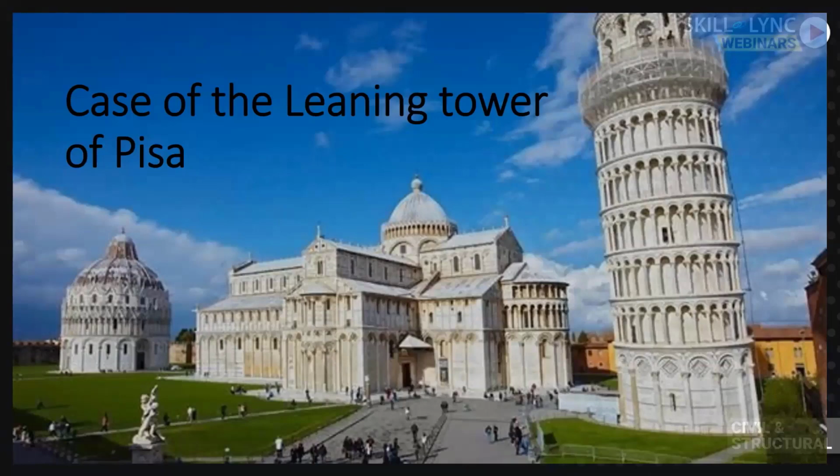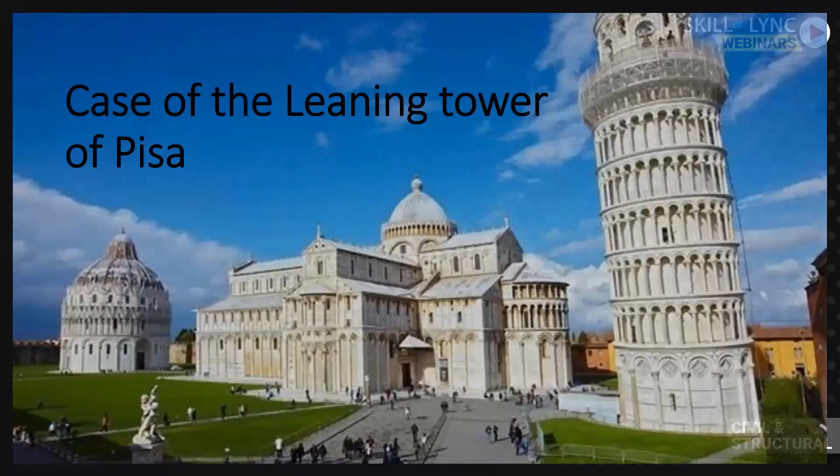It is said that it was stopped for some unknown reason. We still don't know why it was stopped, but then it restarted almost 100 years later in 1270. During these 100 years, the tower had in fact settled. The southern side of the tower had settled more than the northern side, and the tower had already started to lean.